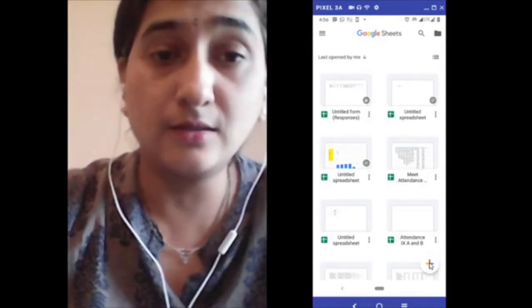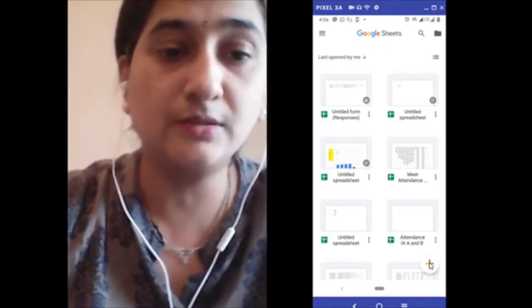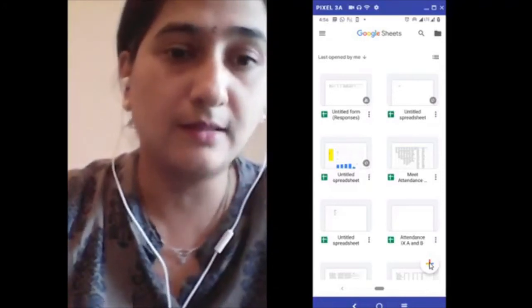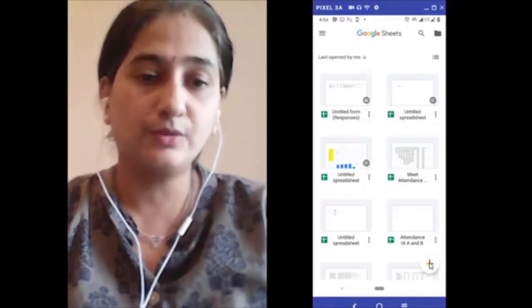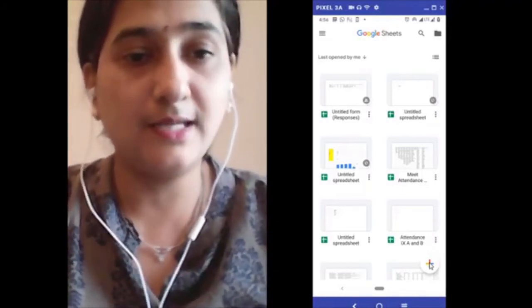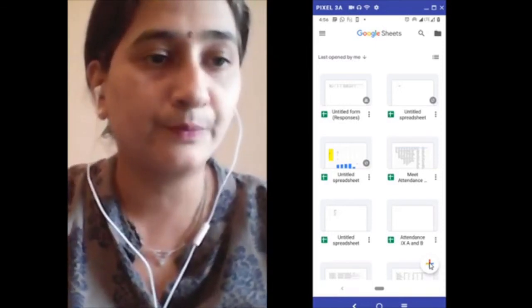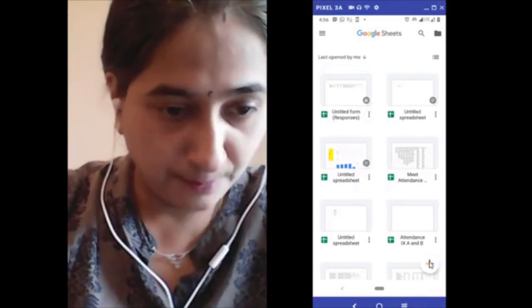It has not only helped the students but also the officials who are working continuously making use of the sheets. Am I clear on this? Because it helps you. Yes, teacher. It's like Excel in your pocket that you can just carry wherever you want to. Clear? Yes, teacher. So click on the plus sign that you see.